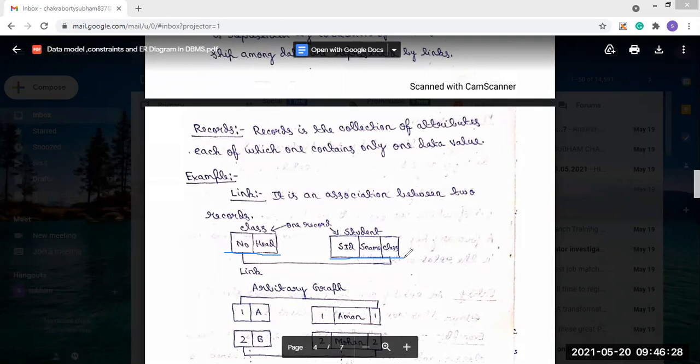So these are the two records, class and student. Now the number attribute of the class record is linked with the class attribute of the student record.